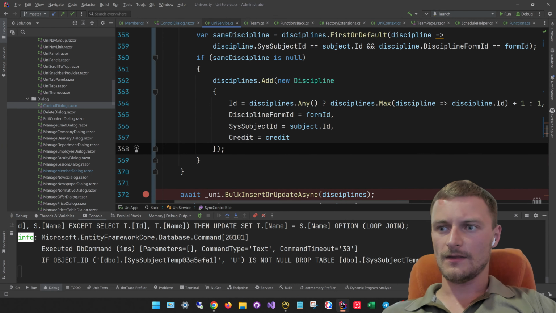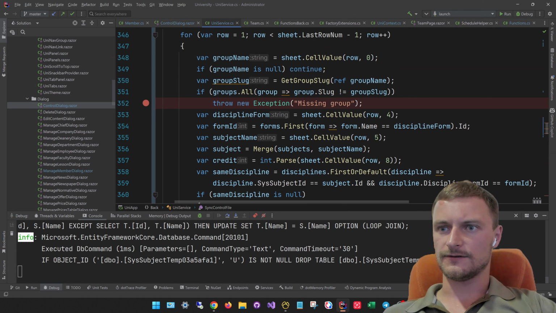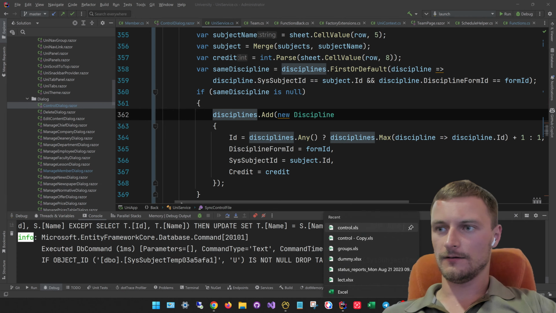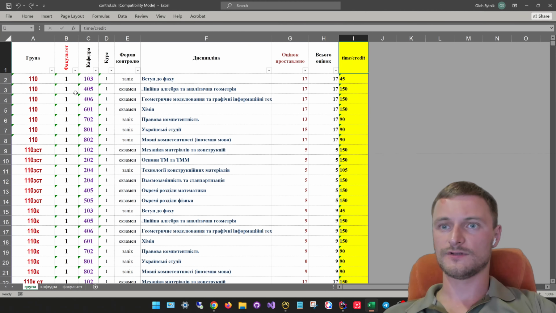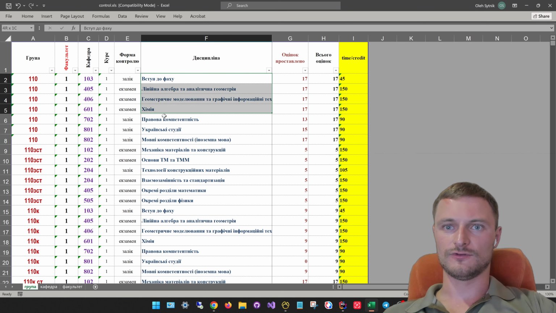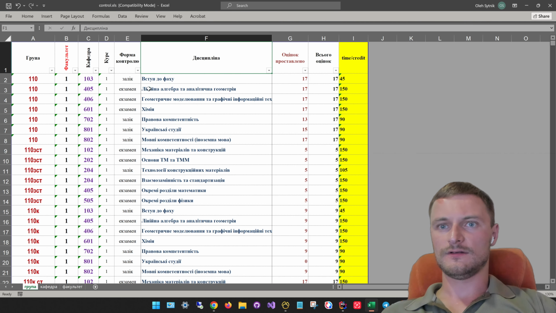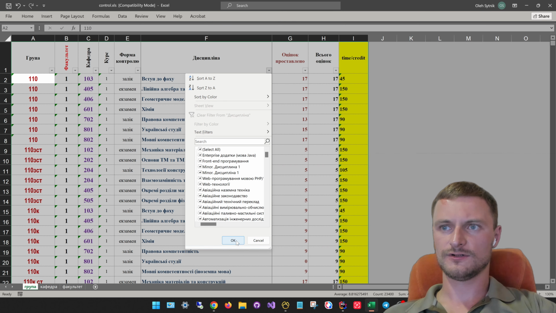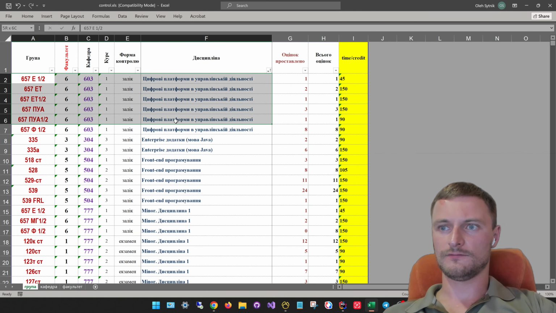So what else are we going to do? So first of all, our discipline should be assigned to the certain group, because for example we have the group and we have the discipline, but here we have one moment that, for example, every group could potentially have the several disciplines like this, and if we sort it just by the discipline, so let's sort it A to Z, and look here, we see that